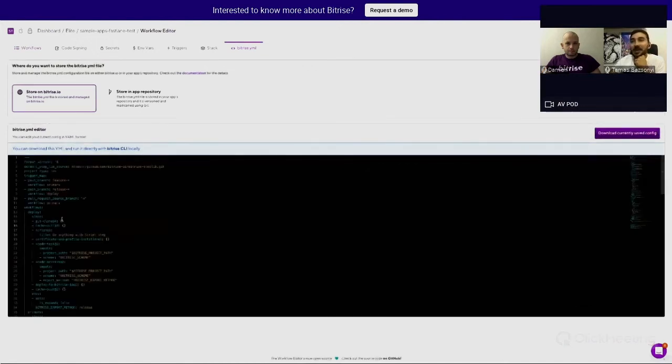So you can see that the activate SSH key is missing here. And now we want to make sure that this doesn't happen in the future. So we are going to link the edit of the Bitrise workflows to a Bitrise YML that is stored within the repository that goes through all the usual PR review workflows that we have internally, to make sure that there's always another eye that also checks changes to the Bitrise YML